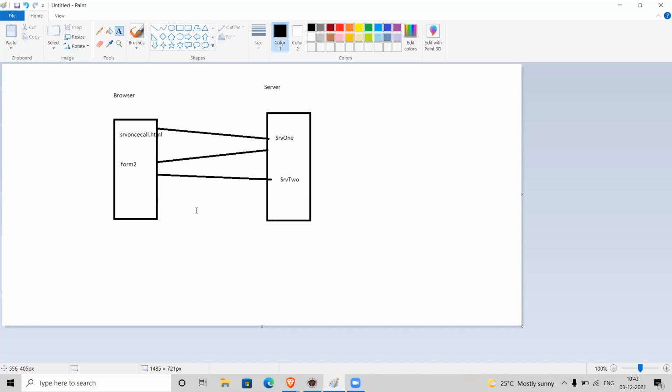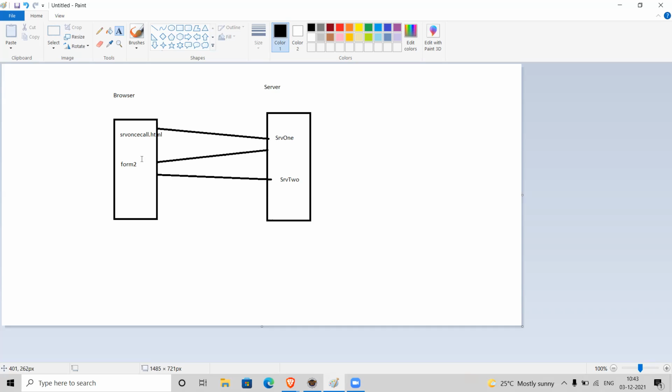And if we have any confidential data and we use the get method on the client side, that data would be exposed to the user and exposed to the public in the network.